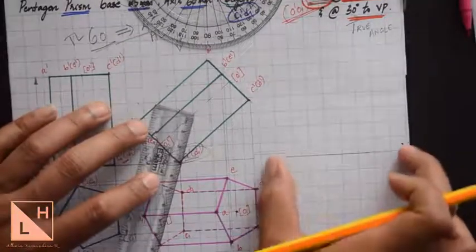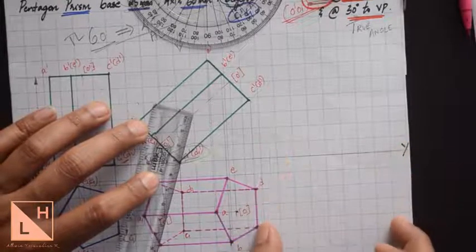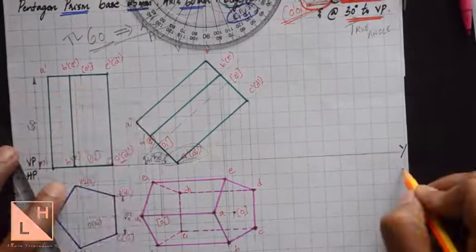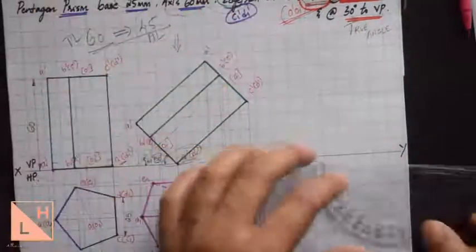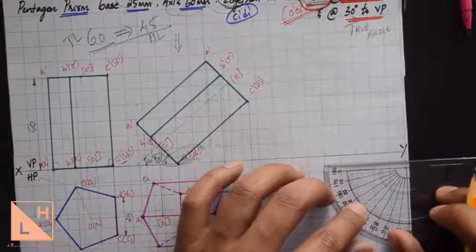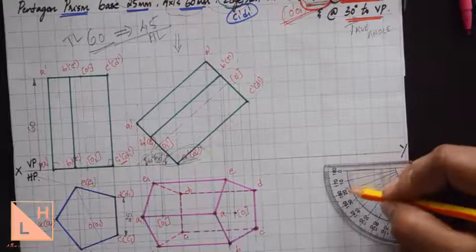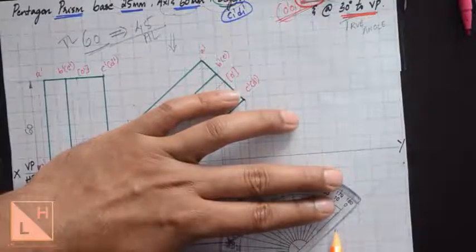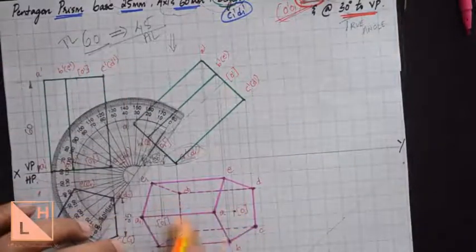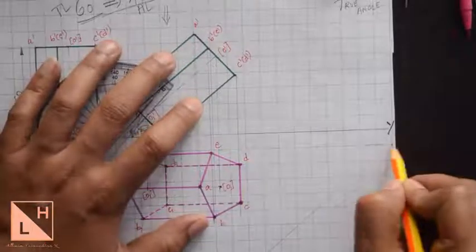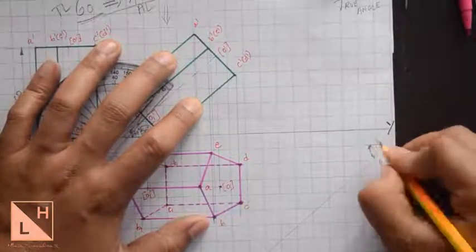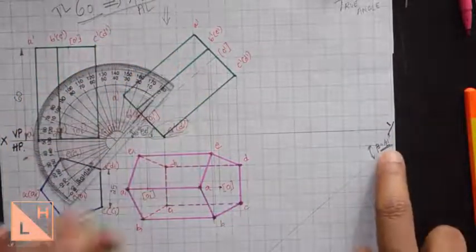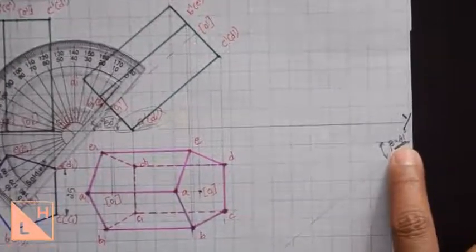While you are drawing that beta angle line, make sure you have enough space over here to project this second position top view to the third position top view. So I'll select a point somewhere over here and keep the protractor over here and measure an angle of 41 degrees from this direction. On this line we have to bring the second position top view of the pentagon prism, which is at an angle of beta, which is nothing but 41 degrees. Do not forget to mention it as beta angle 41 degrees.